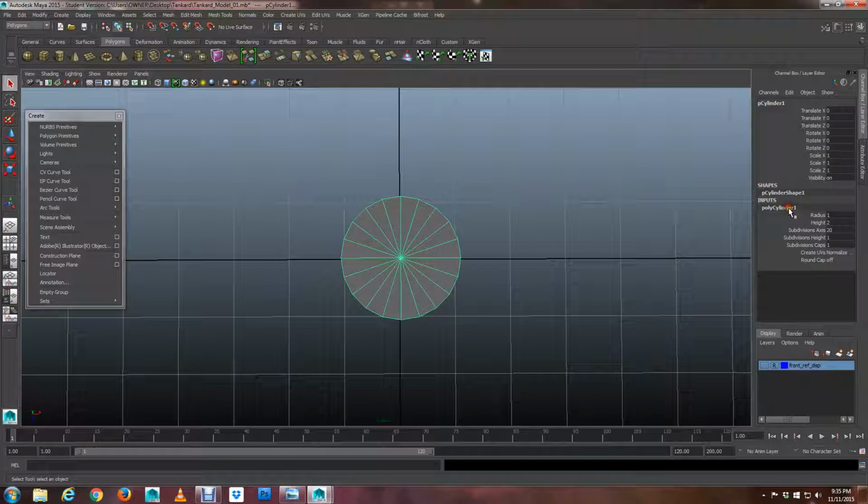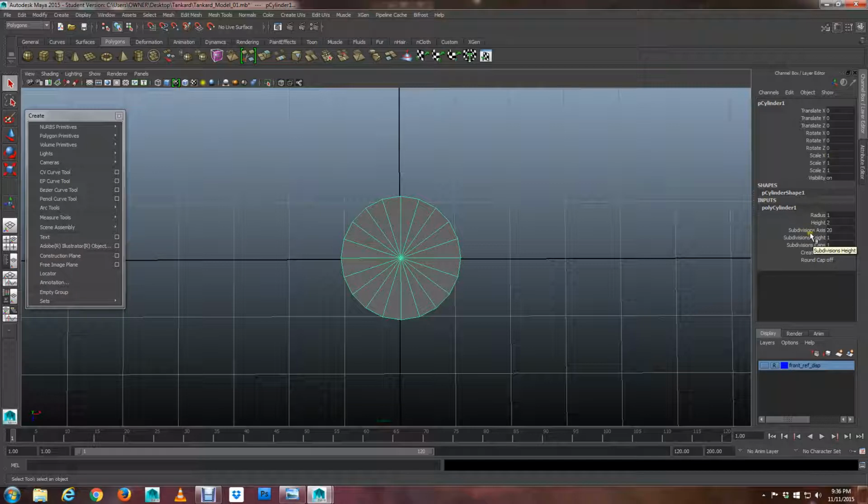Okay. So I'm going to come over to inputs with my cylinder selected. Under inputs, I can click the name polycylinder 1. I can click that. And again, just like our plane, when we changed the subdivisions height and everything with our plane,